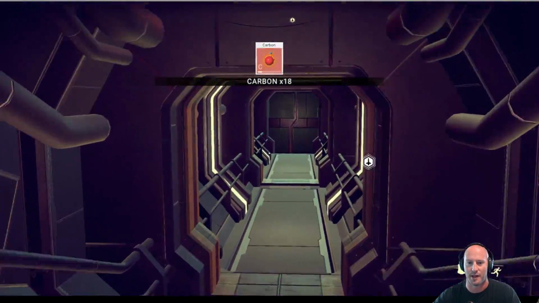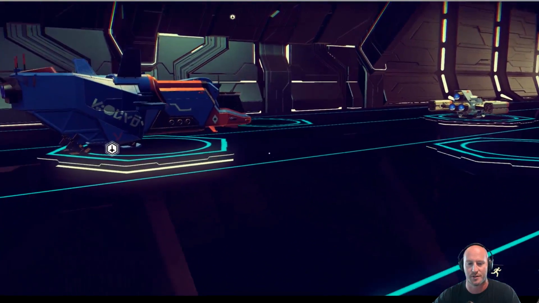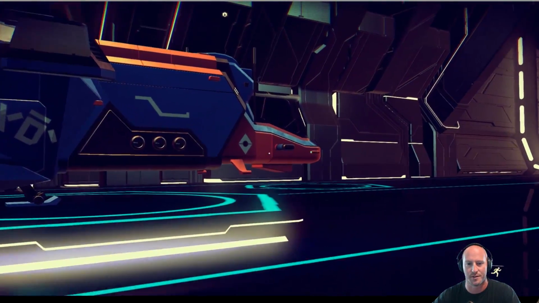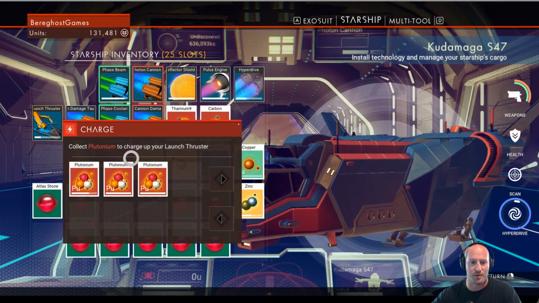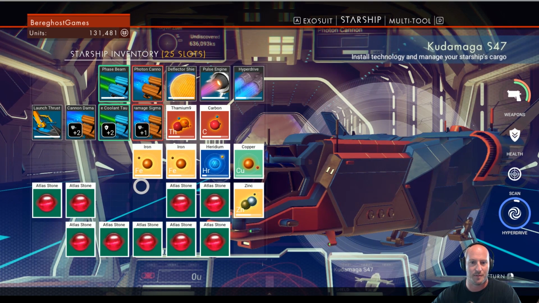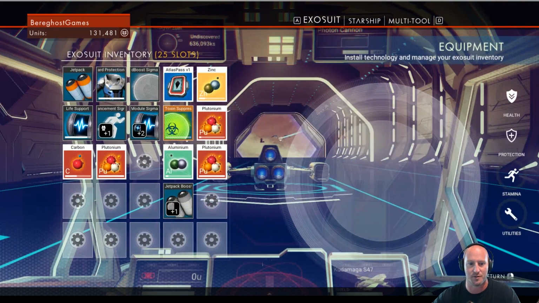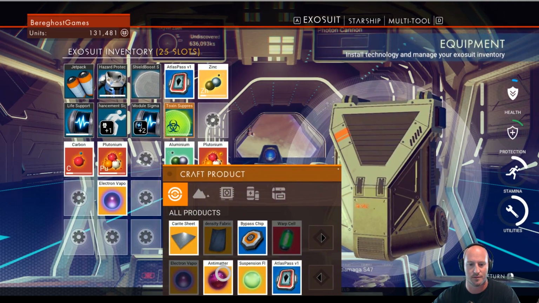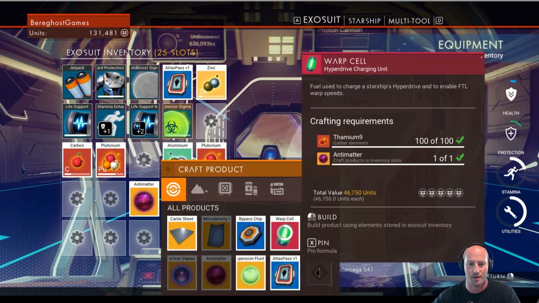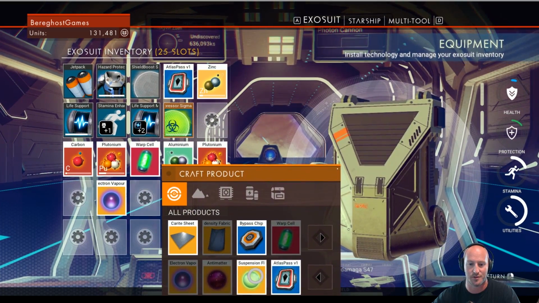I always like to steal that carbon, because carbon comes in handy when it comes to making all of these warp zones. Or these warp cells. Alright, our launch thrust is getting a little low. We'll use a little bit of plutonium on that. Hyperdrive. I don't have any more cells for the hyperdrive. Of course not. So let's go ahead and make another couple of warp cells real quick to ensure we have enough to make it to...